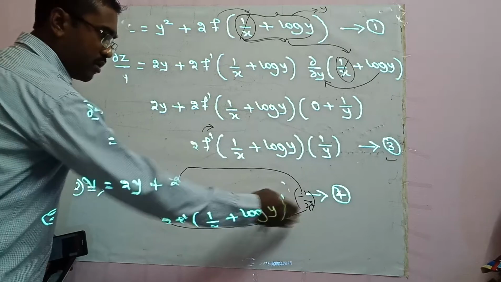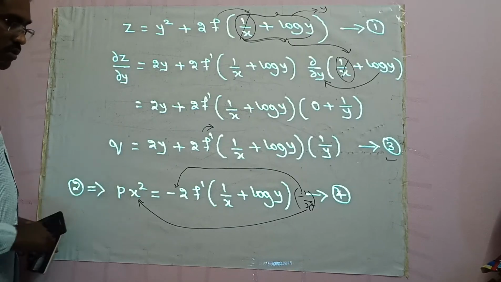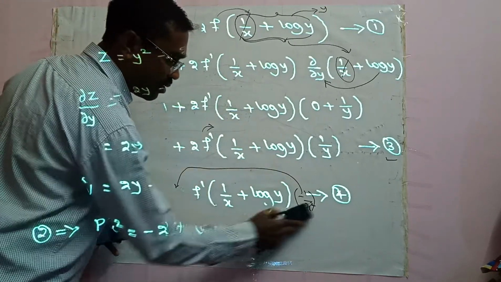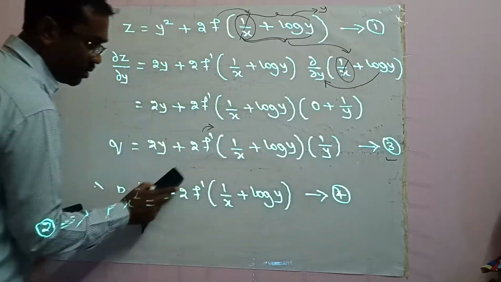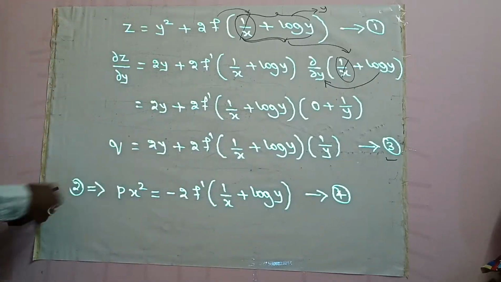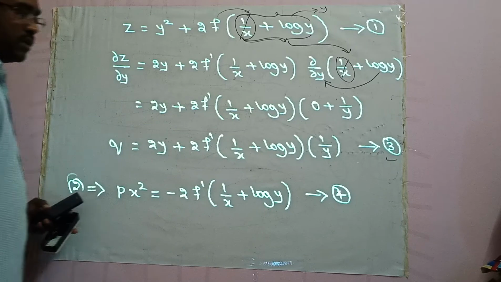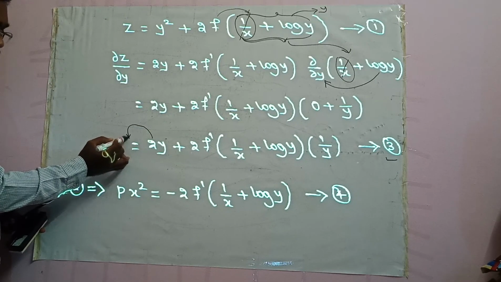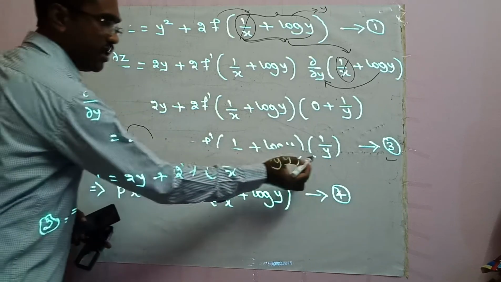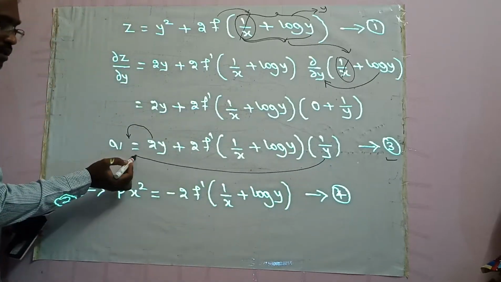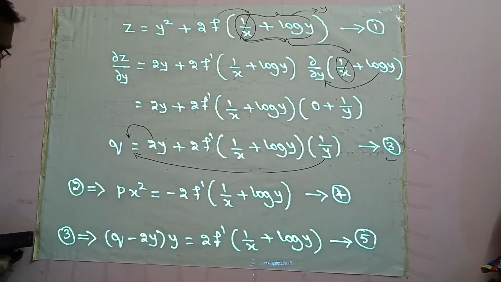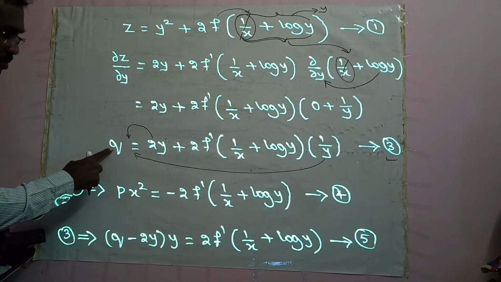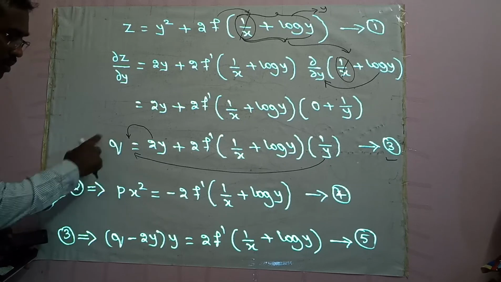So we have cross multiplied this x square this side. So this is how we have rewritten equation number 2. Now similarly, we rewrite equation number 3. How do we rewrite? We take this 2y to the LHS and we cross multiply this y this side. Let us rewrite here. If you take this 2y to the other side, it becomes q minus 2y